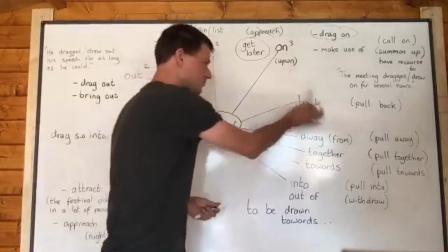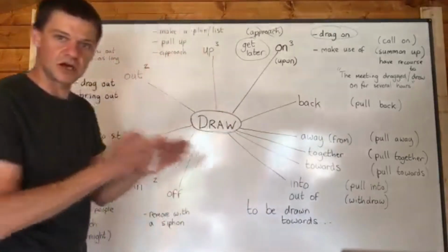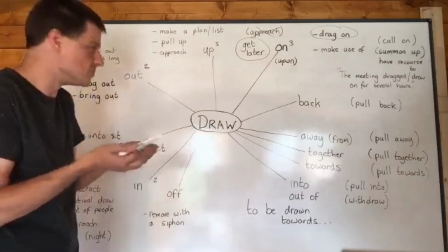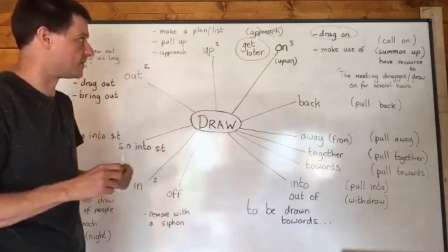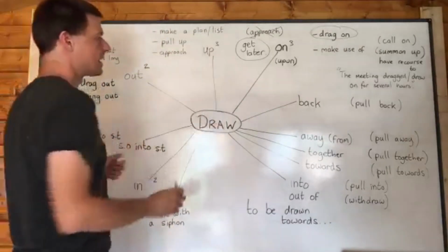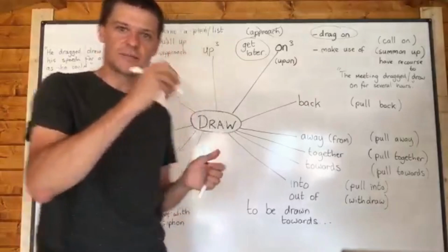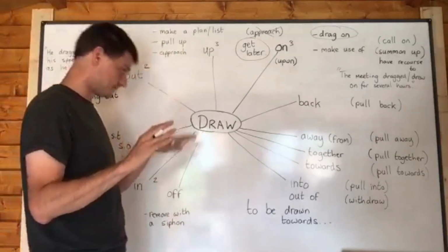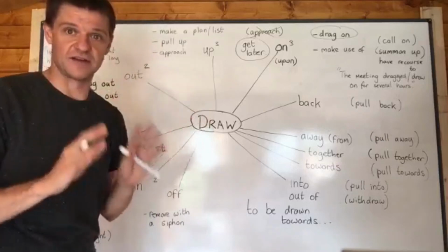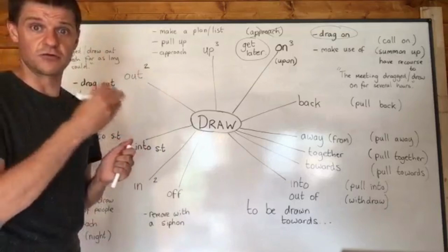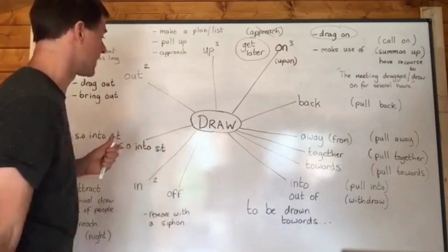So many of these are very similar to go, withdraw, or pull in some kind of way, but they mean movement, very often. Okay, let's come up to the top now, to draw up. Now, if you draw up a plan or you draw up a list, it just means you make a plan or make a list. And that's one way where it's very often used. You could ask your lawyer to draw up a new will or something like that.